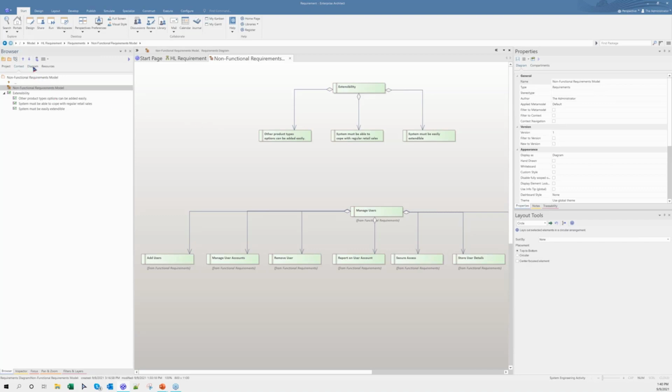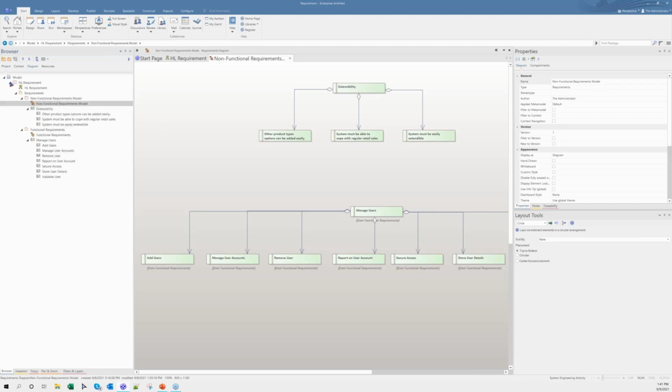Selecting this would allow me to view the elements in the current package. And if I shift to this menu, which is the diagram, this gives me an entire list of elements available in the diagram, even though they are located in a different package. So this should be useful.